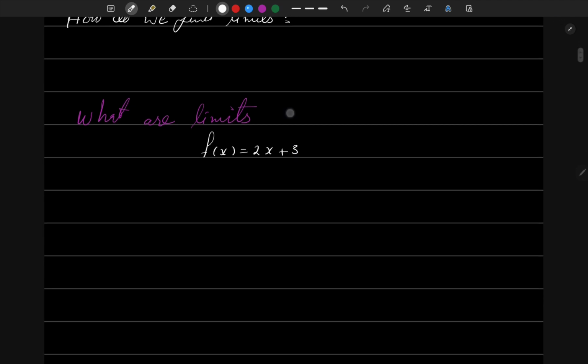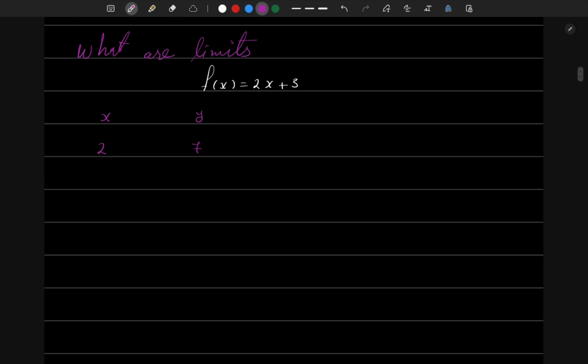If I look for the value of this function at x equals 2, then I will get the value of 7. 2 multiplied by 2 equals 4, 4 plus 3 equals 7. But what if I want it at a value that is so close to 2, but not 2 itself? What if I want to find it at the closest value possible to 2? Like, what is the closest value possible to 2? Well, the closest one I can think of right now is